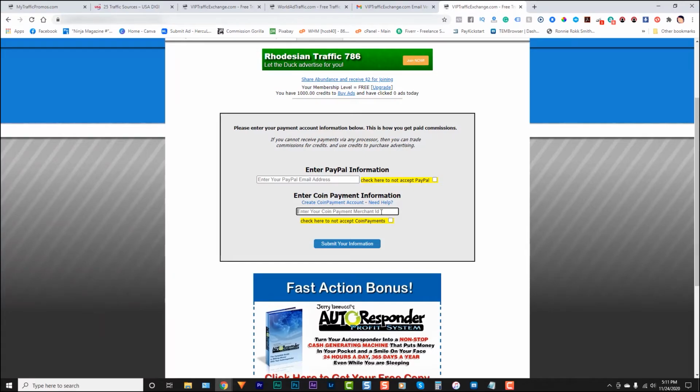Okay, so here's the box that I was talking about for the coin payments that you're going to have to fill out on some of the websites. Some of them won't have the PayPal. They'll just have this one here. I'm not sure if there are other ways to get paid on some of the other sites. Maybe it's just credits. I'm not sure. But if you want to get paid with these coin payments, you can click this link here